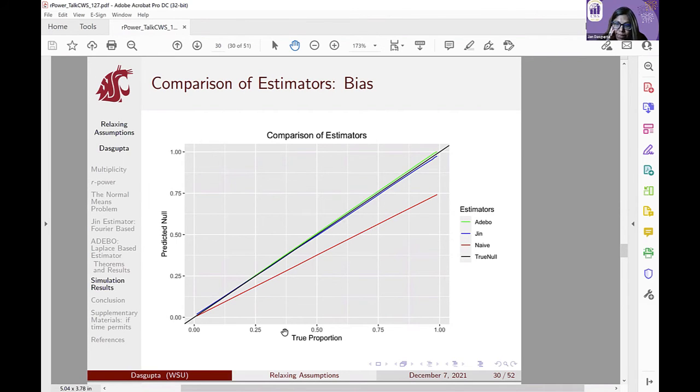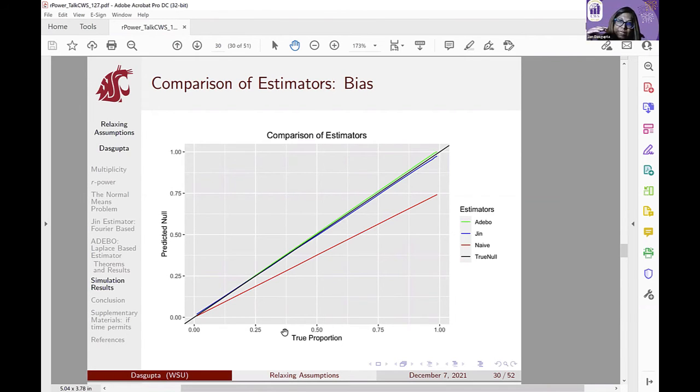Gene's estimator slightly underestimates the true null. The Audible estimator overestimates the true null. The overestimation logically makes sense, because let's think about it. Say I've got 1,000 hypotheses, out of which 900 are from the null. For all of those 900, my contribution is 1. But the 100 that we have are going to 0 in the limit. So by themselves, they might have a little bit of contribution, right? So the fact that we overestimate a little bit didn't surprise us.